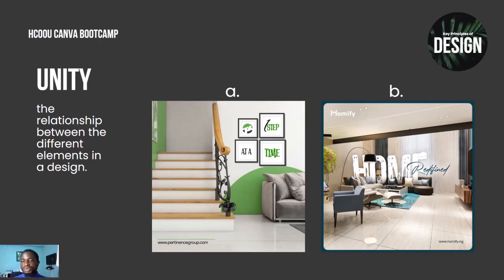You see this home also, making the home sit on the chair makes the home blend into the living room. That makes that text home blend into the living room, making it one. So I'm creating a relationship between the home and the living room, just for the sake of unity. You understand? So that's unity. Then we